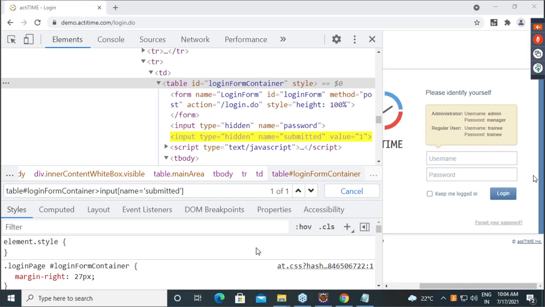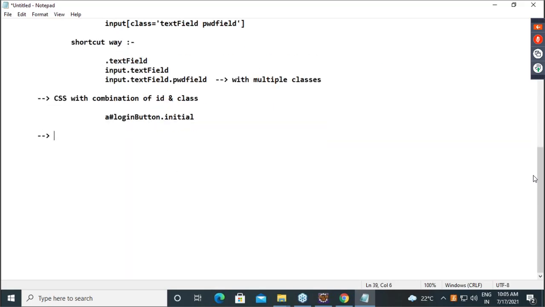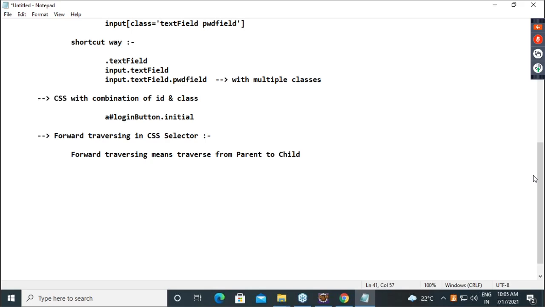So now let's do forward traversing in CSS selector. First of all, we need to note it down here. Forward traversing means traverse from parent to child. Is everyone clear?